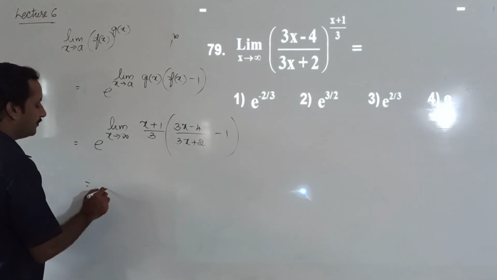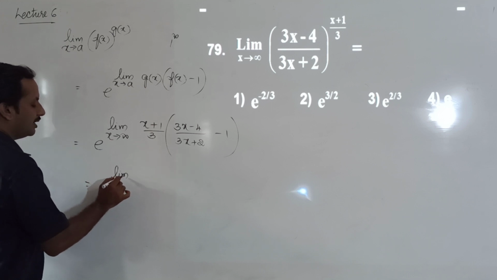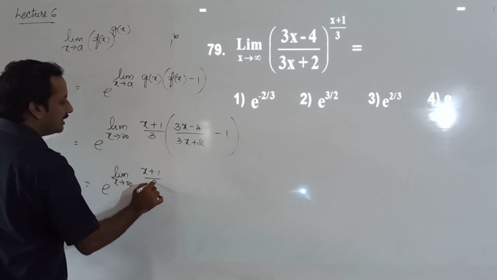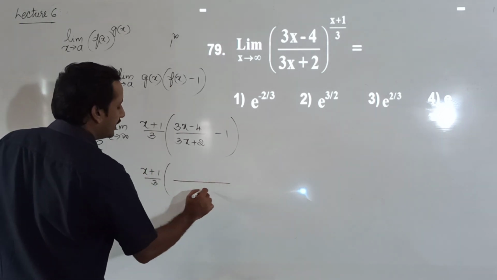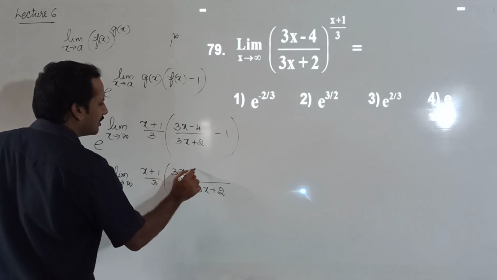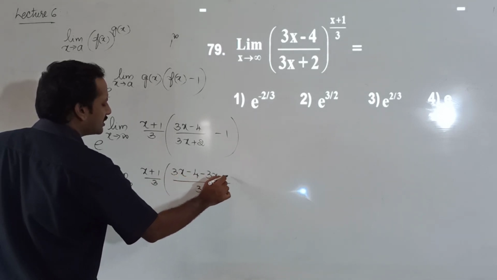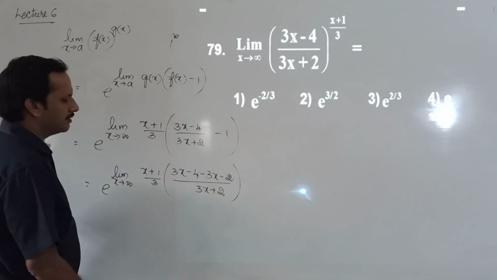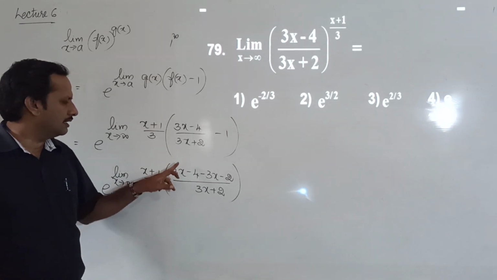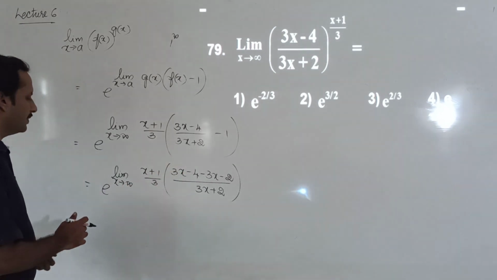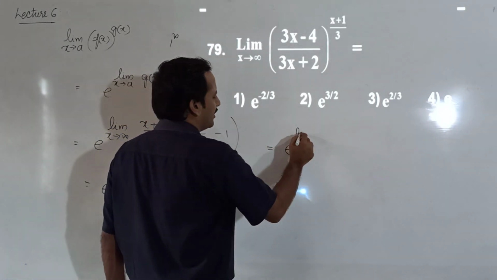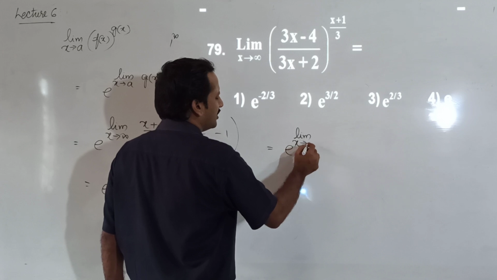That's equal to e to the power limit x tends to infinity x plus 1 by 3 into, take LCM, 3x plus 2 as the denominator, with numerator 3x minus 4 minus 3x minus 2. 3x gets cancelled. This is equal to e to the power limit x tends to infinity